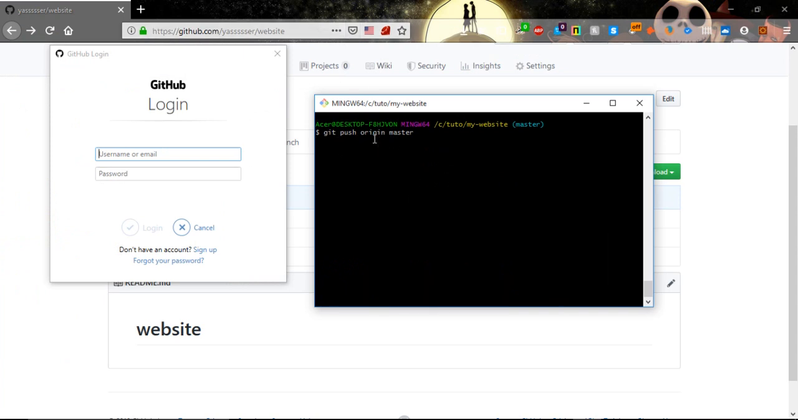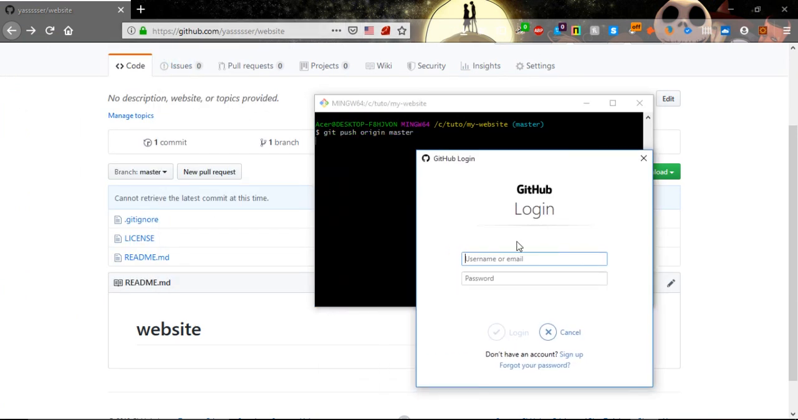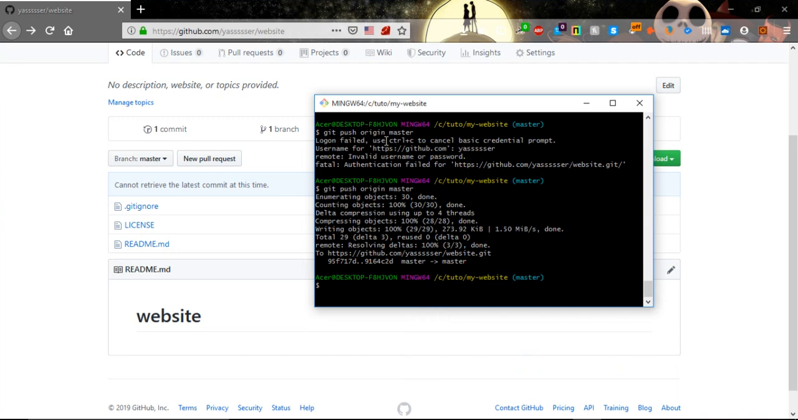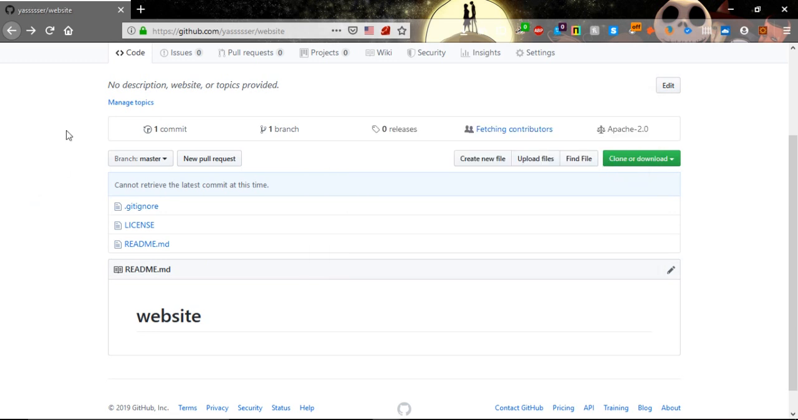After we run git push origin master, Git will ask us to authenticate ourselves. So let's just enter our email or name and password. I will do that and be back to you soon. And after I connect myself to Git, or after I type my email and password, the command will continue and it will work. Now let's just refresh